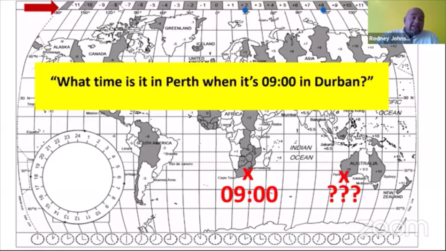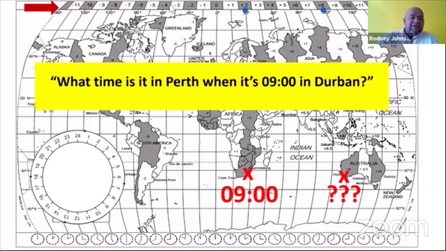Once again, if you look at this time zone ruler here at the top, and go to the Greenwich Meridian or the Universal Time Coordinate, you will see if you move to the right, you have to add hours. As you move to the right, you add more hours, +1, +2, +3, right? So the rule of thumb is if you move to the right on the map, you have to add hours.